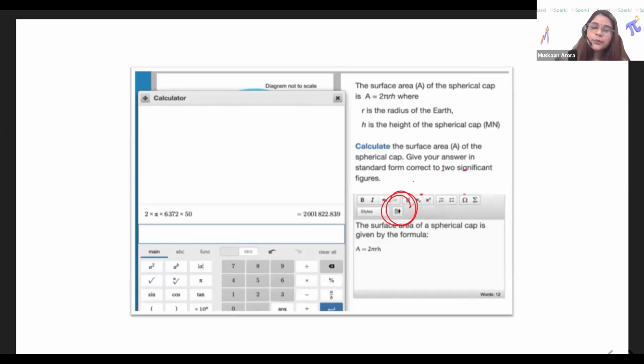This button helps us to induce whatever we have done on the calculator into the main writing area. So does this induce the last step or a couple of steps? How does it work? Who can tell me this? It inputs everything that you've written in the calculator. Exactly. So we have to make sure that we don't end up copying the calculation from previous questions because it will still be there, right? So you have to first delete whatever you have and then start with the new one.